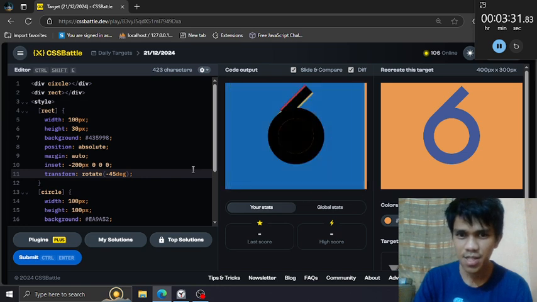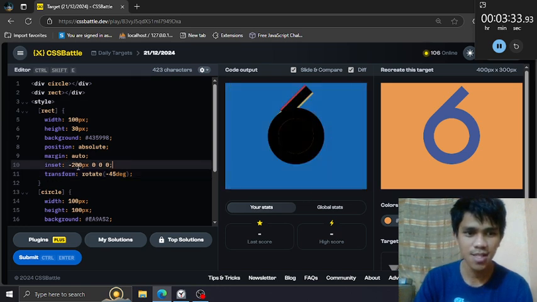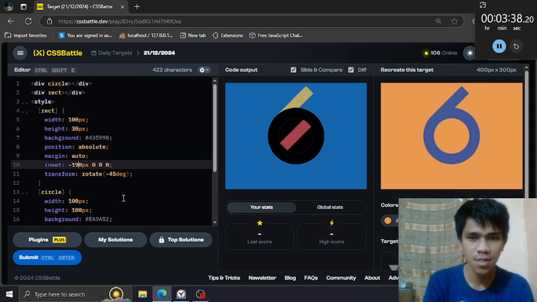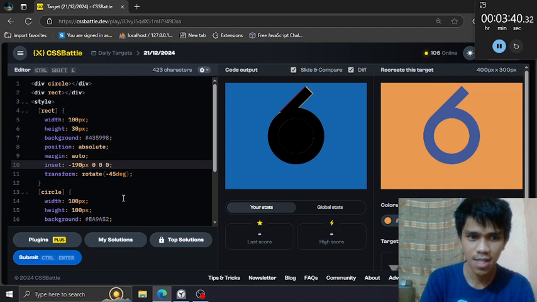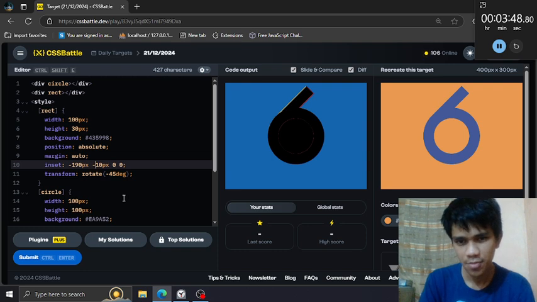We can change the position a little bit. We need to push this to the bottom slightly, and to the left, by 10 pixels. I mean negative. Wait.